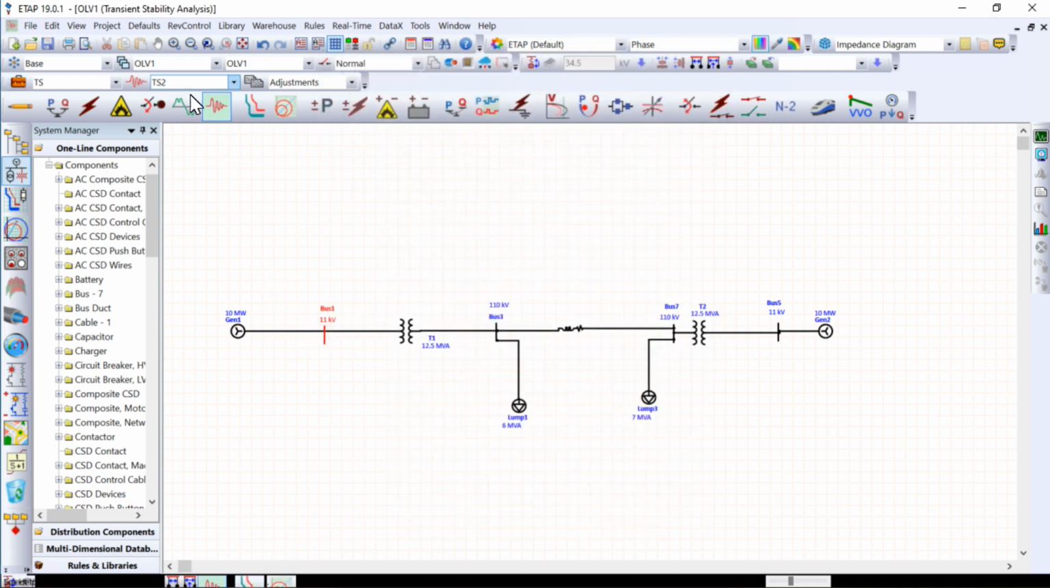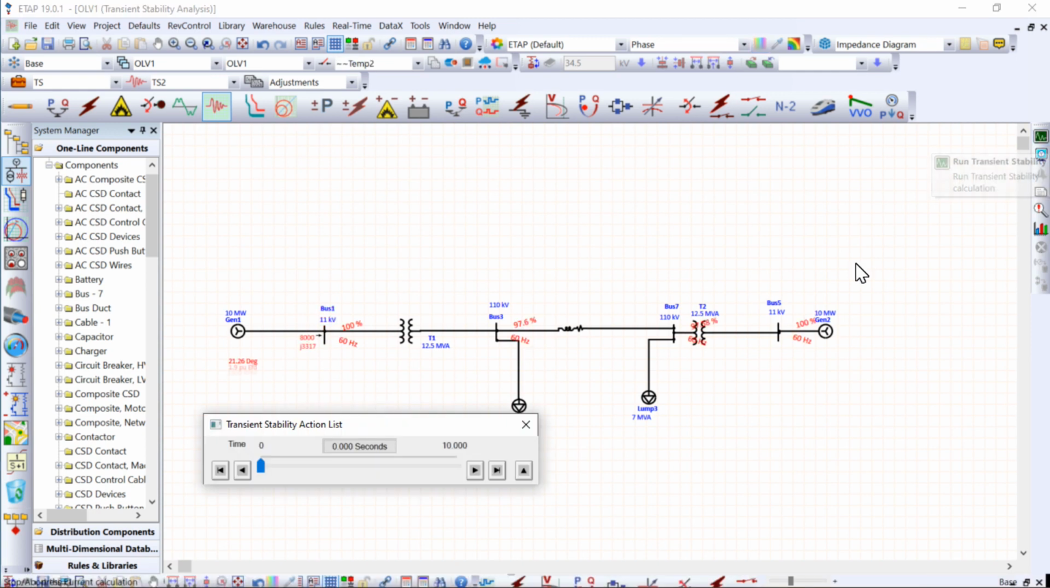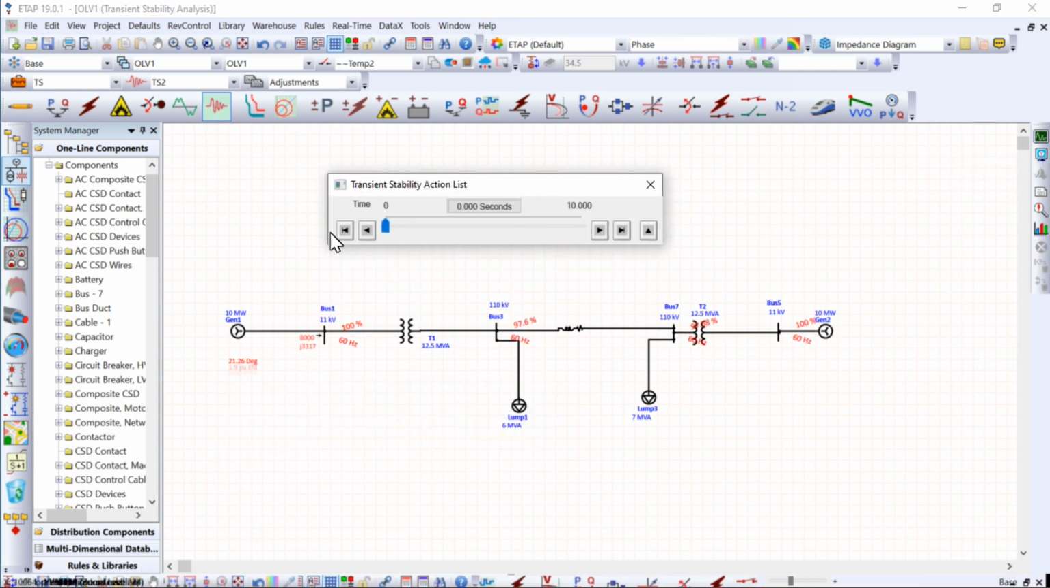Then we can start our transient stability analysis. So you can see here, run transient stability here. So it takes a while to run this study case. And you can see the action list here. You can just jump to the next event. Just click this one. Then you can see there is a three-phase fault happened on bus 1 on 1 second,